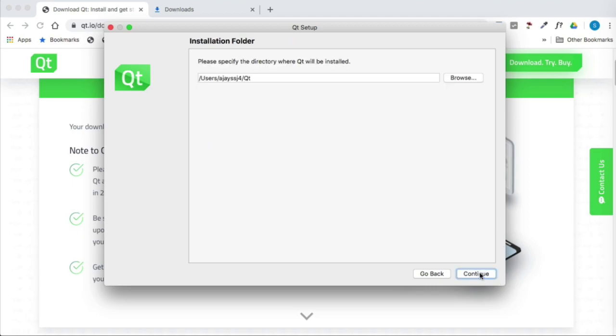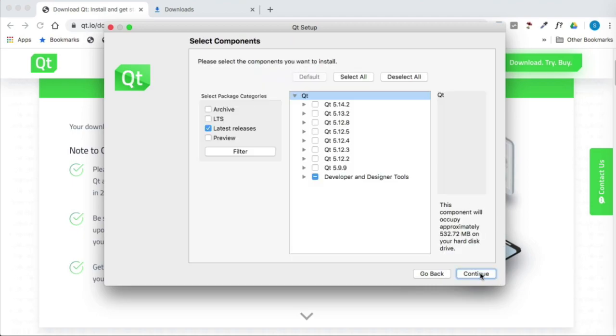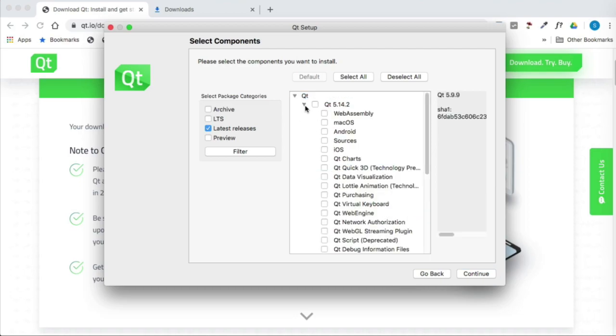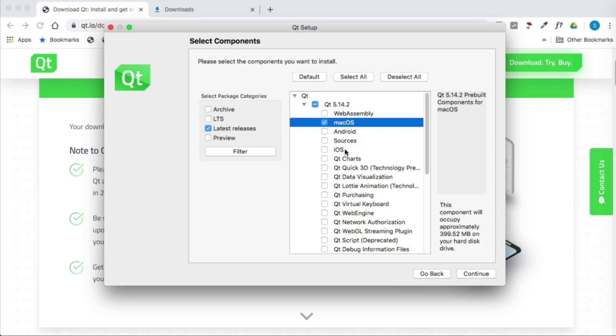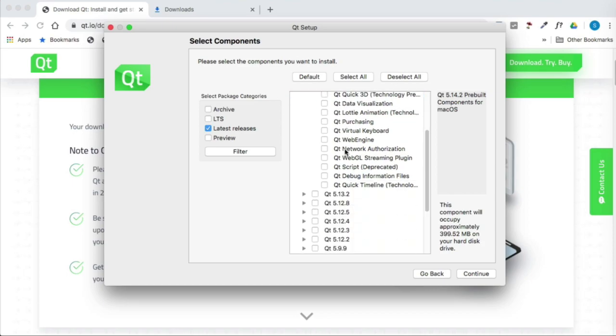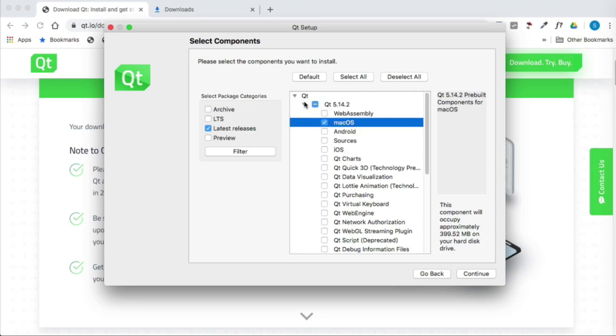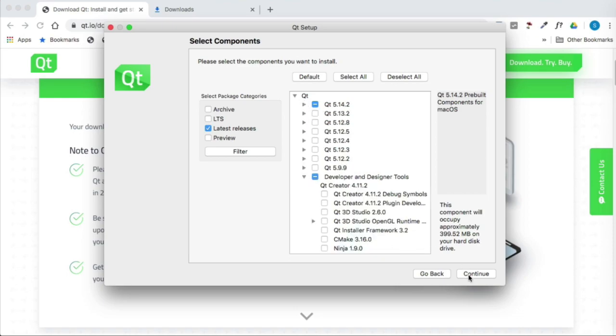Specify the directory where you want to install Qt Creator. Now select the version which you want. So in this case, I'm selecting 5.14.2. Make sure you select only macOS, otherwise all the packages will be installed.